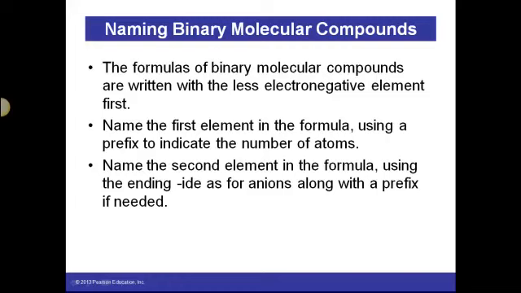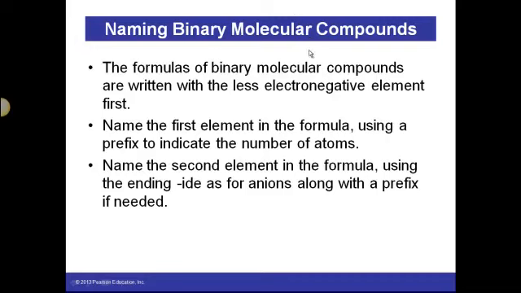All right, so in this section we want to learn how to name our binary molecular compounds. Binary means two. We've only got two atoms that are going to be involved in the molecular compounds that you'll be required to name. Once they start getting larger than that, the nomenclature becomes a little bit more complex, and you'll learn more about that in Chemistry 105 if you continue on with this and we start talking about organic molecules. So right now you're only required to be able to name binary molecular compounds, or molecular compounds, covalent compounds that